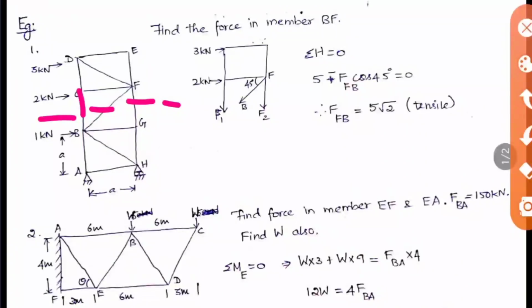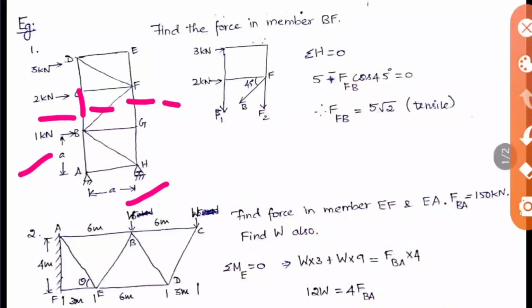And the angle is 45 degrees here, because in this question they have given the size here, this is A, and the height of the panel is also A, so it is A and A. So when you take theta, tan theta will be 1 only, so 45 degrees will be your theta value there. So I have taken theta here.